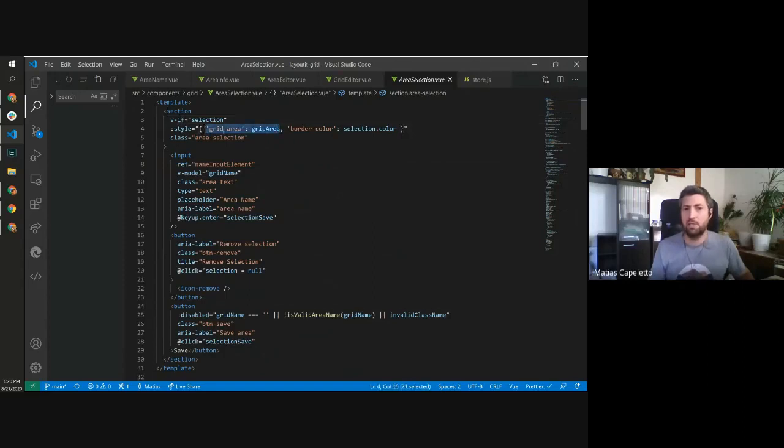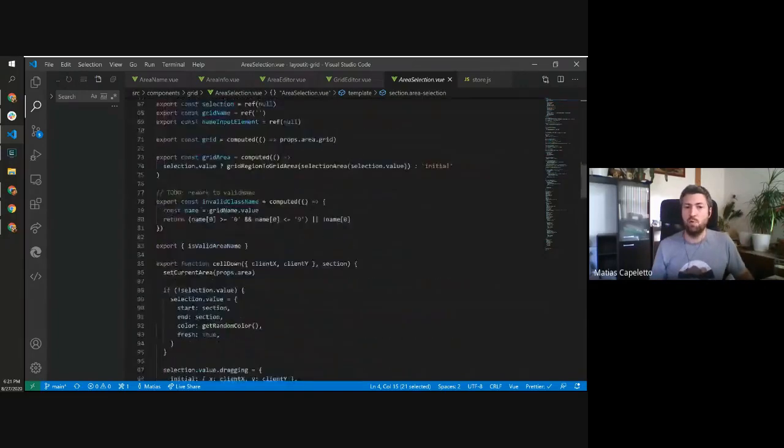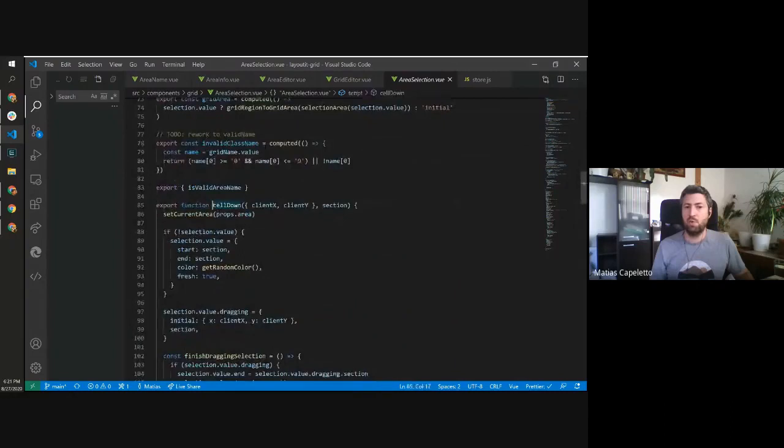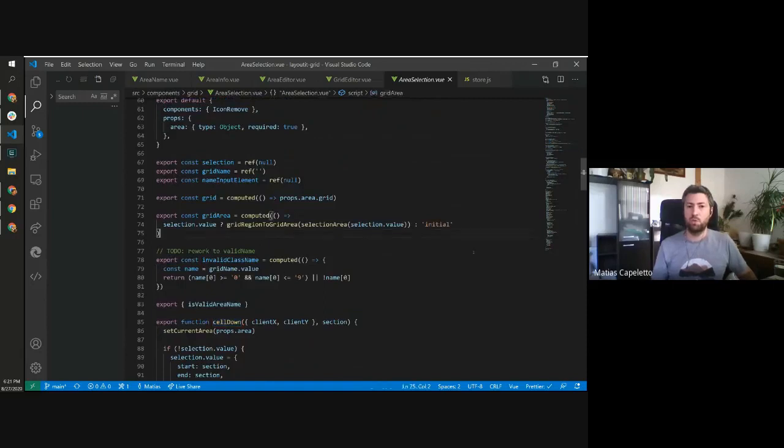area that is defined using the same grid of the parent. It will place itself in that grid in one particular place, using the lines. And when you are moving things, when you press one of the grid cells, it is doing that computation to see where it starts and where it ends. So what we are going to do here is